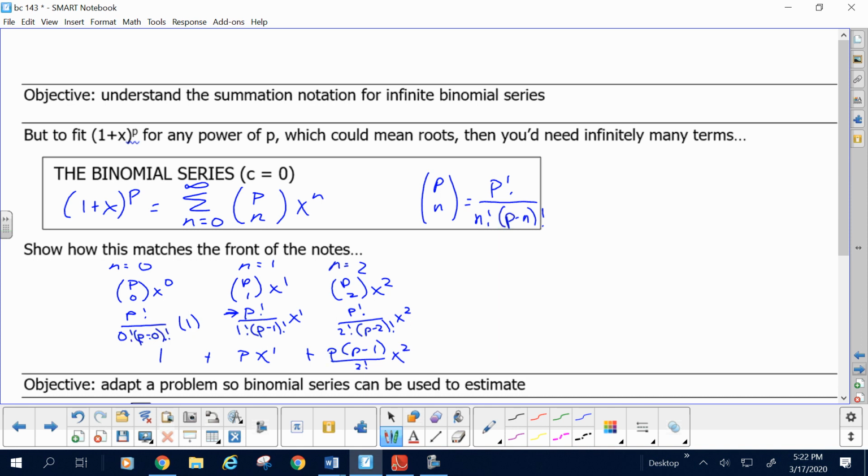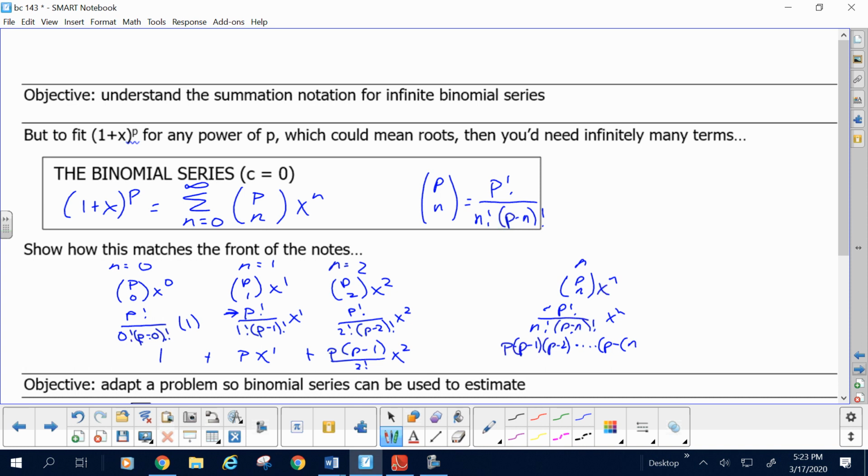You can see then that you're starting to look a little like what we had yesterday. If we had, let's go for the general term, what the heck, the nth term would be p choose n, x to the n. P choose n would be p factorial over n factorial times p minus n factorial. But in order to cancel out p factorial with p minus n, I would have to strip off p and p minus 1 and p minus 2 and keep stripping off until I got to the one just